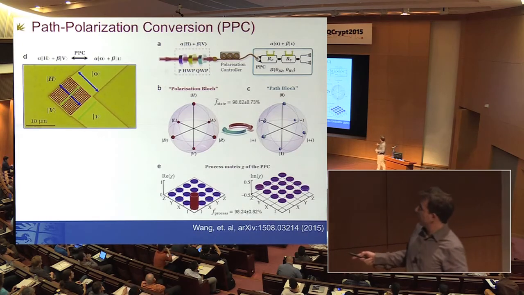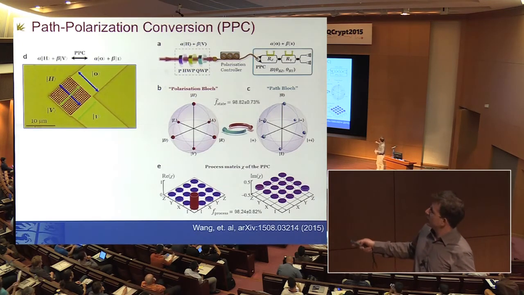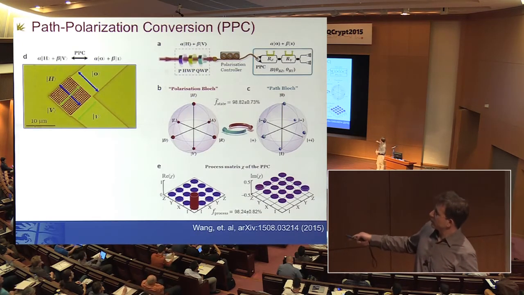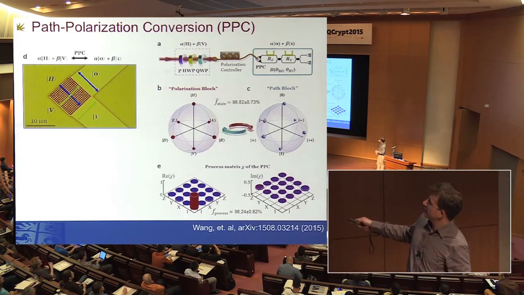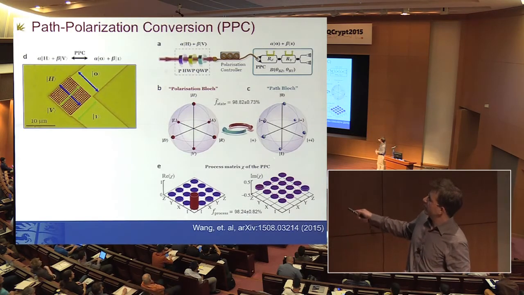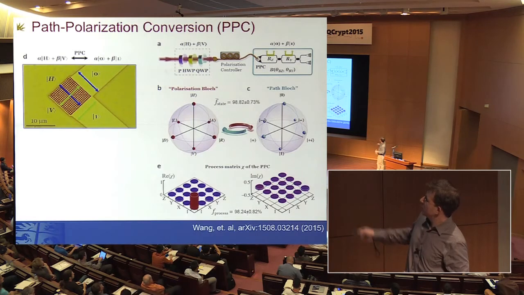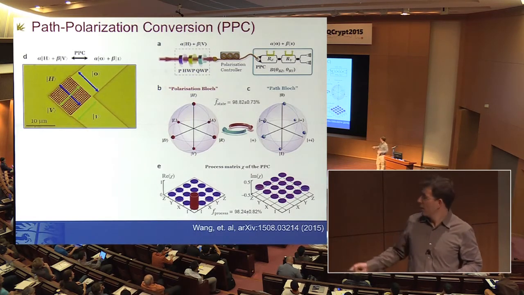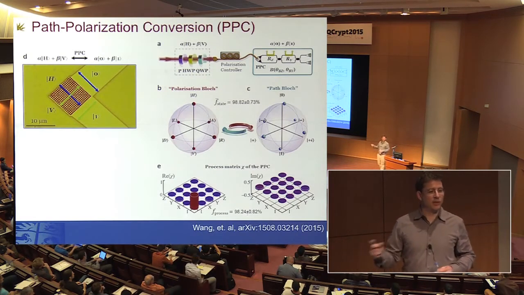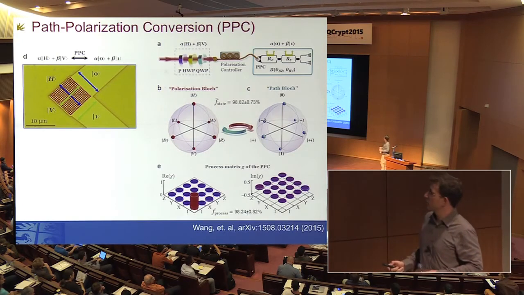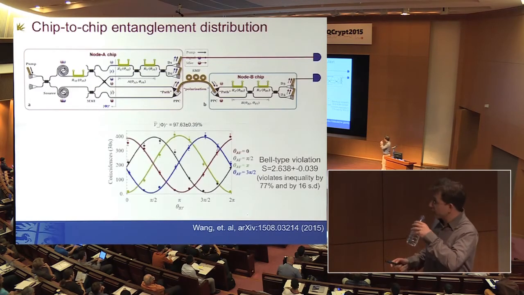And so we were able to analyze how well that worked, and we see these are the polarization states that we've injected in to analyze this, and these are the corresponding path states. And we can see that there's some small deviation, but on the whole, we get about 98% fidelity between path to polarization conversion. And this is the full experiment,